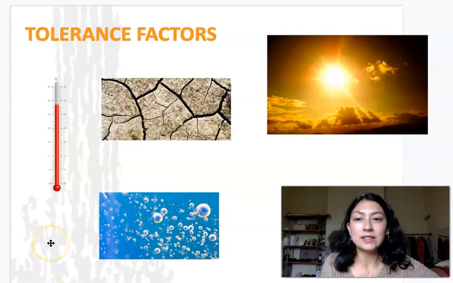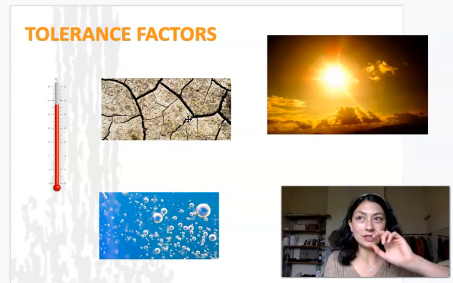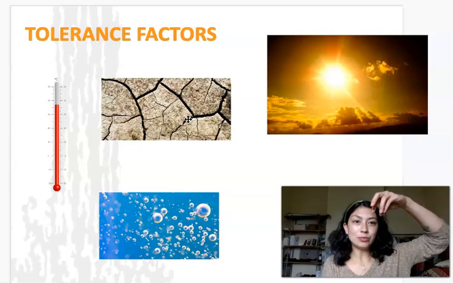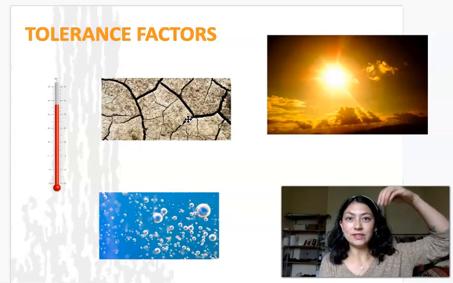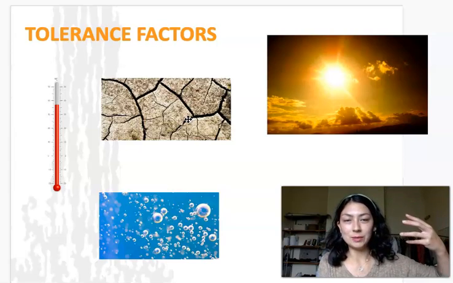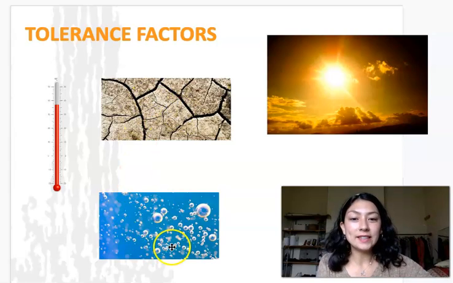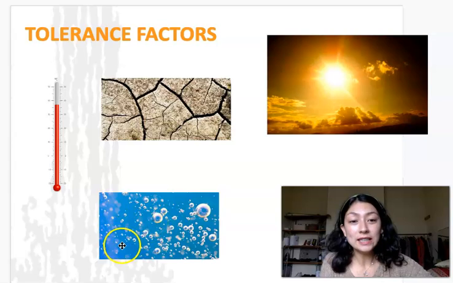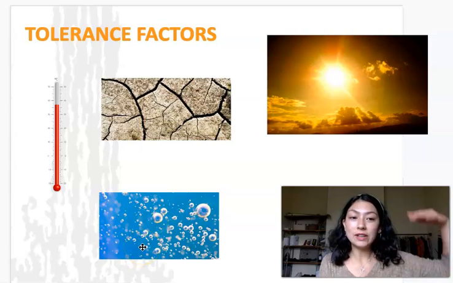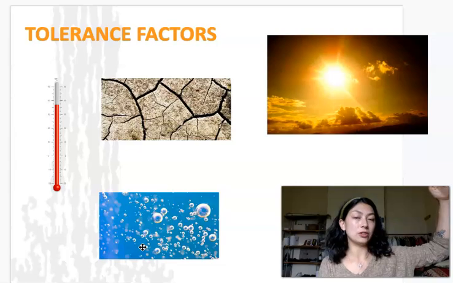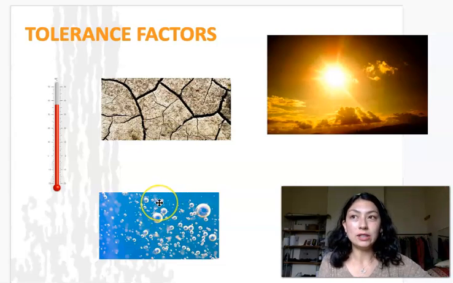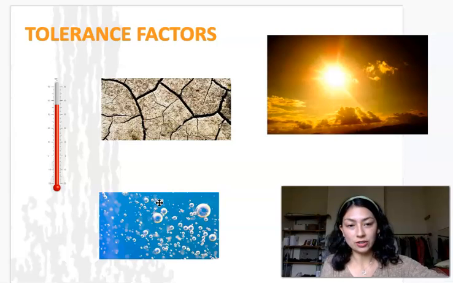So tolerance factors are things like temperature, things like desiccation. That's another word for drying out. If you've ever seen those little sachets you put sometimes in chip packets, they're called desiccants. They take out the moisture so the chips stay crunchy. Things like oxygen or dissolved oxygen either in the air or in the water. For instance, some species cannot live at very high altitudes because there's not enough dissolved oxygen. Some species cannot live in very deep ocean because there's just not enough dissolved oxygen.